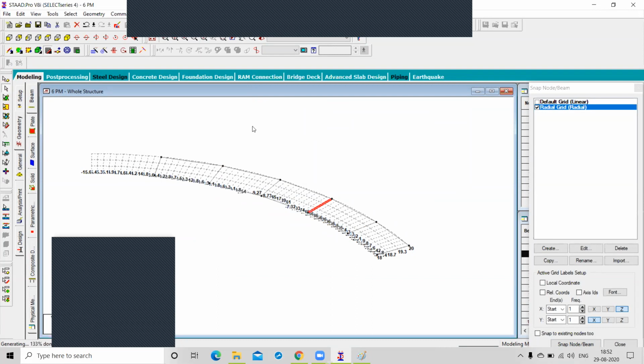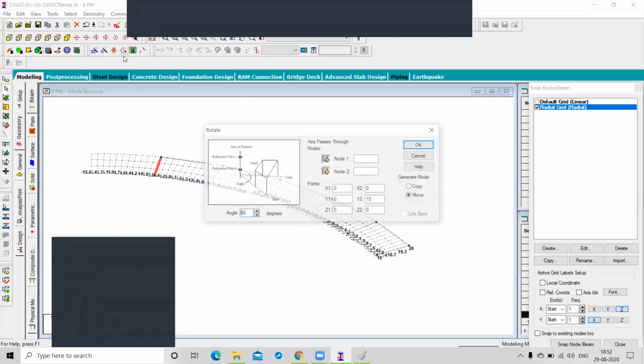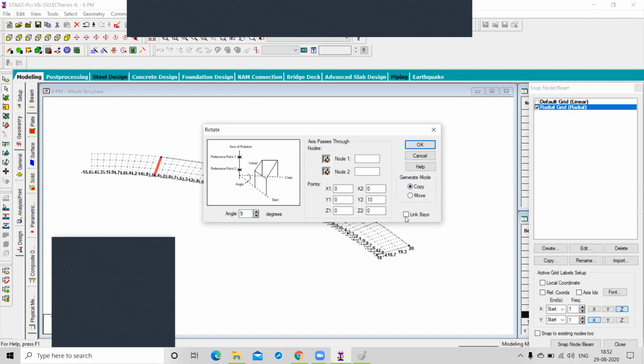Now again I am going to rotate this member on 9 degrees and use copy, link, base and OK.